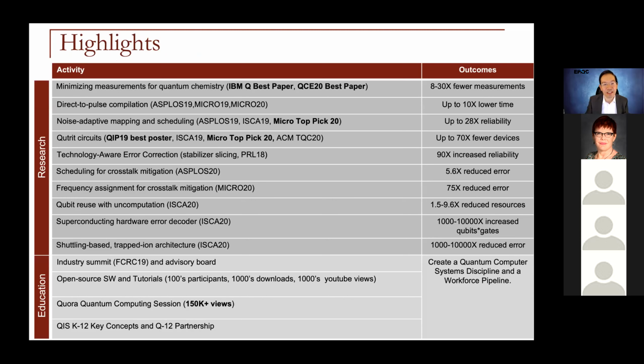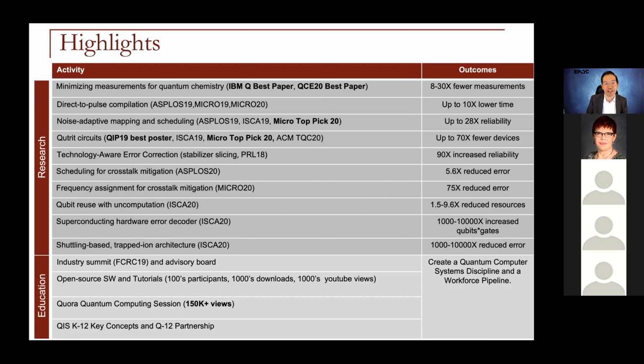Okay, so this is a quick summary of some of the things that we've done in the last 2.5 years. And what's interesting to look at in this big table is on the right, the kinds of efficiencies that we're able to get through this kind of physics-aware cross-layer optimization on the stack. And then also, you can see at the bottom, we have a whole bunch of education efforts to really promote this view of system design and software optimization for quantum systems.